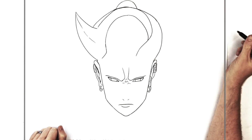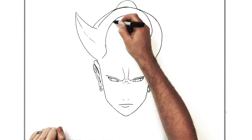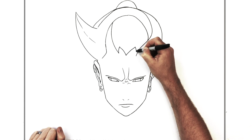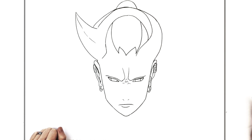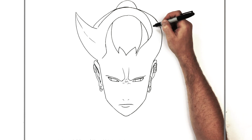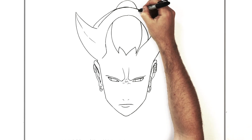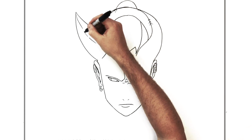And then his hair tied up behind his head is just a bulge here. And then the hair inside here, spiking down, middle of his head, just black hair in there. Okay. So then on the horn, right, there's all these patterns and texture lines and things, right? So these sort of like this. In the manga, there's like more texture than in the anime, which is pretty standard, but